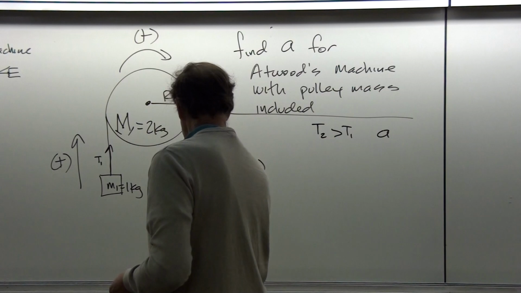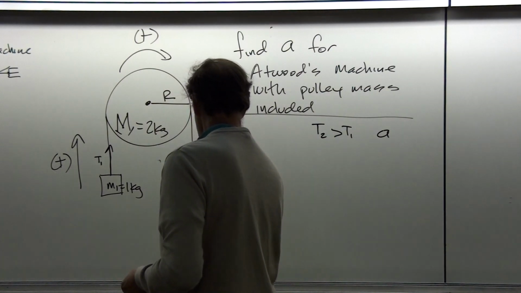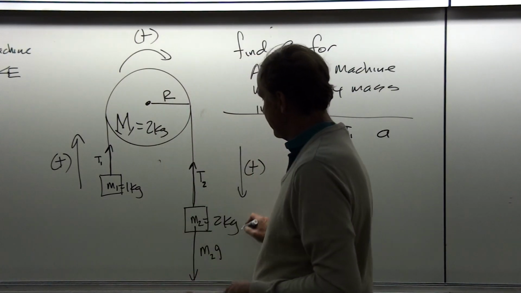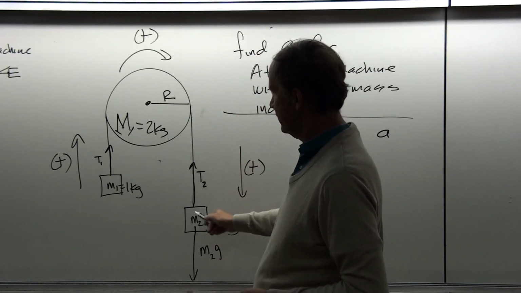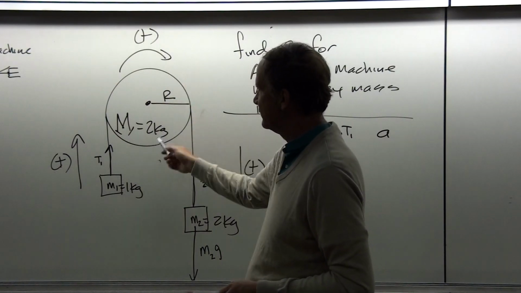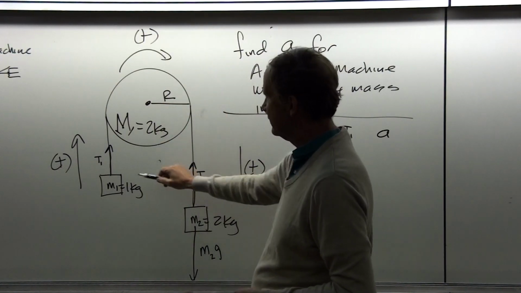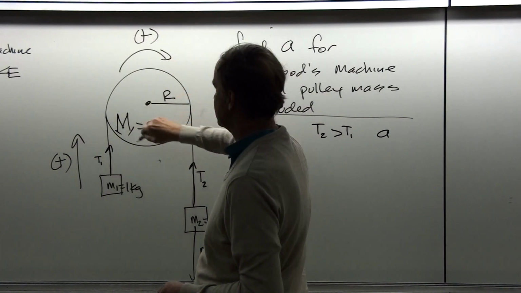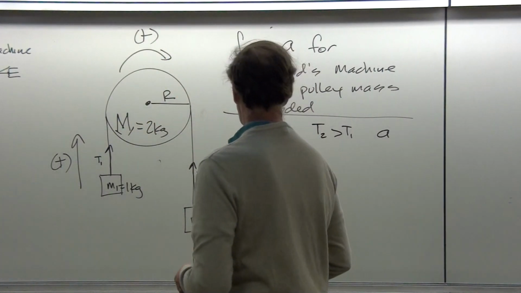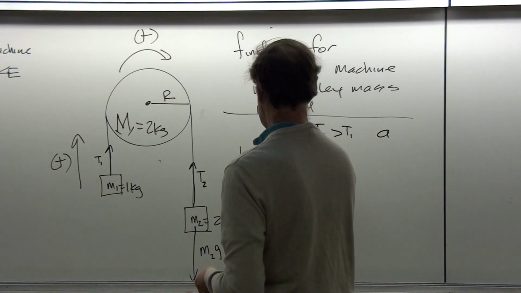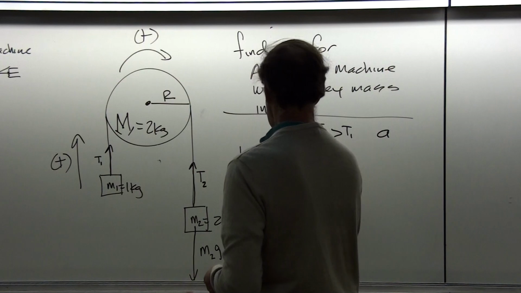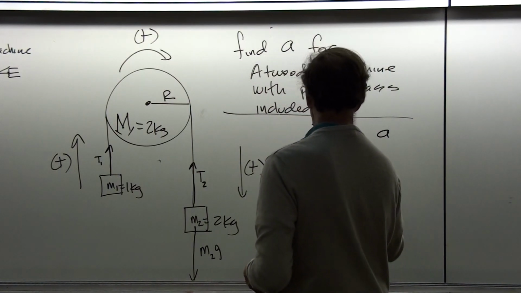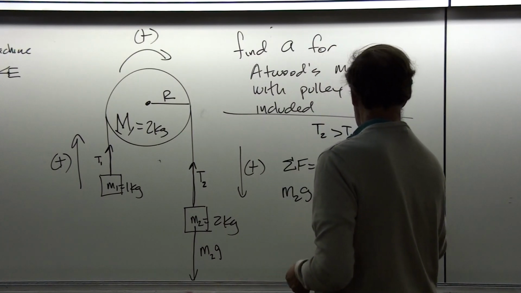Now M2 is going to have a bigger force acting downward than up because we know that it's accelerating this way because M2 is greater than M1. So that's going to cause an imbalance that'll make it accelerate this way. M1 will rise as the pulley rotates clockwise. All right, so for M2 then, we have the sum of the forces equals MA. And so that's going to give us M2G minus T2 equals M2A.